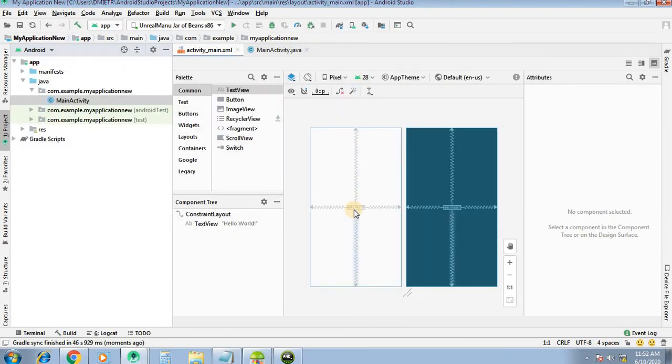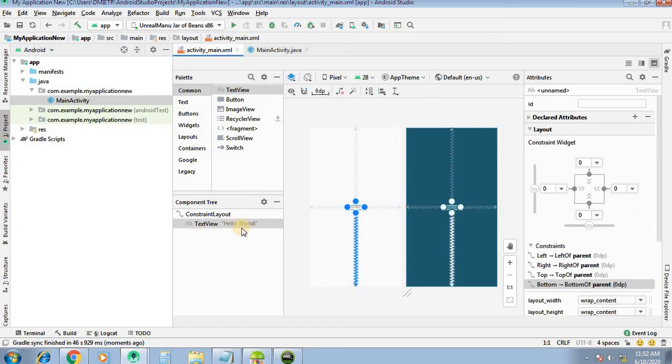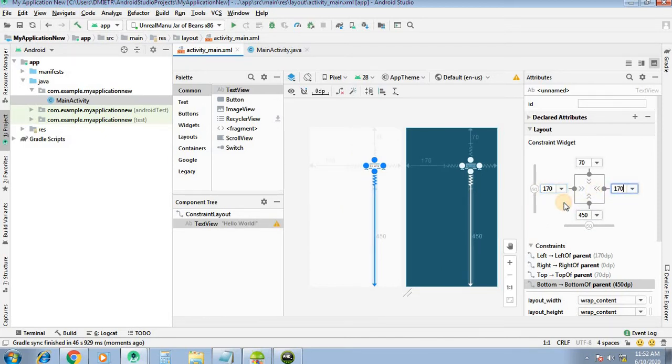As I told you, here is a default text view. If you run this, first we will set the coordinates of this: 70 and 450 from down, then here 170 and here is also 170. So these are the coordinates where we are setting.